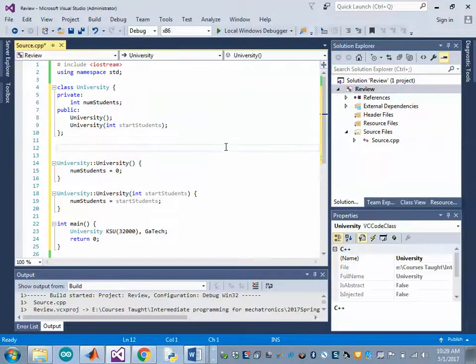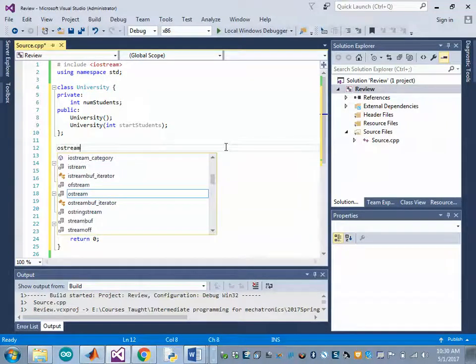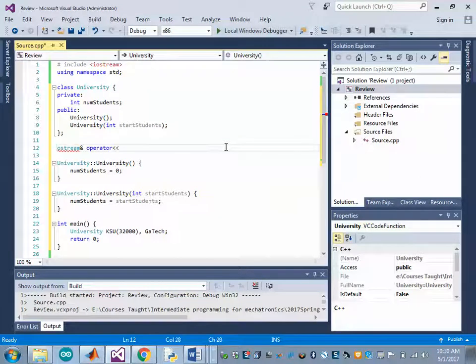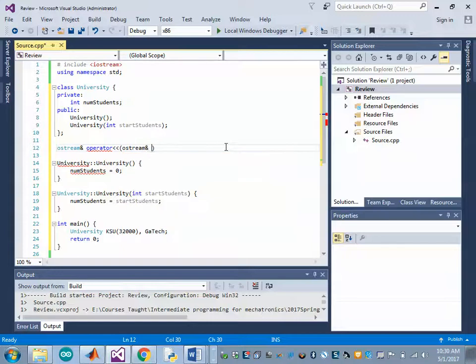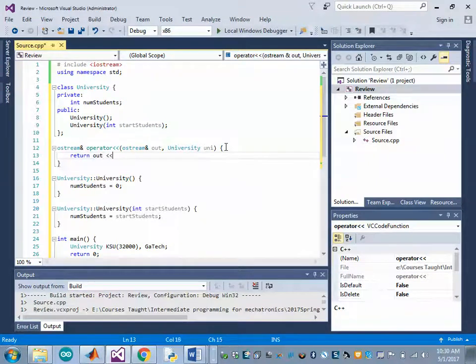So let's go ahead and create a helper function for the insertion operator. OStream operator insertion, and it will be an OStream reference out and then the university uni. And we'll do this, return out insertion operator as,